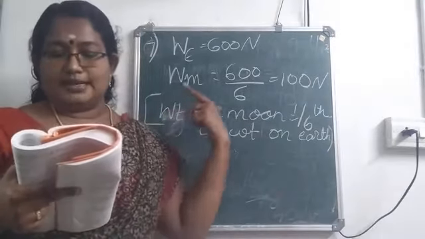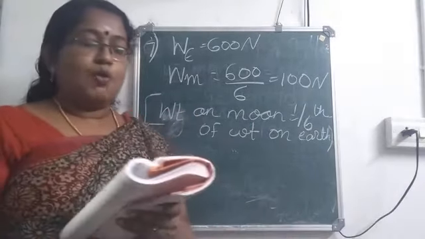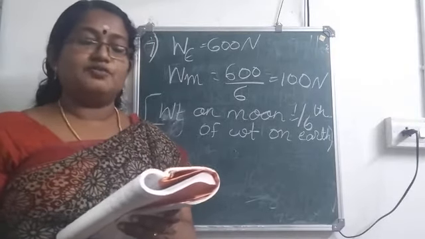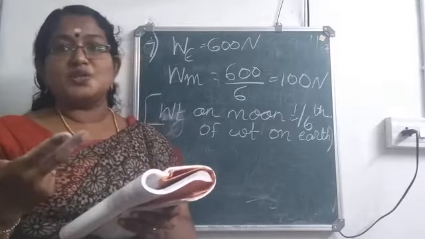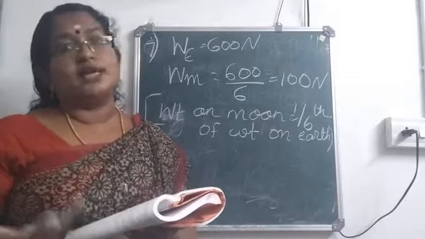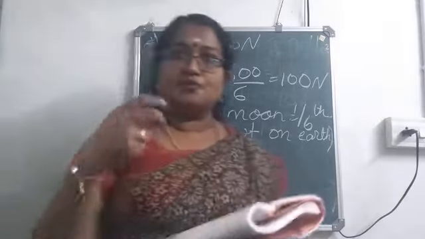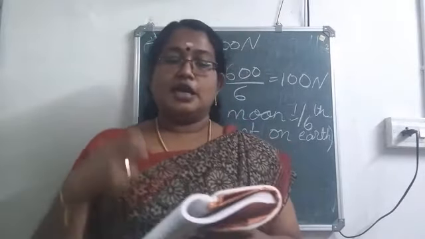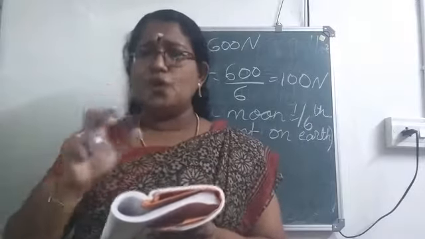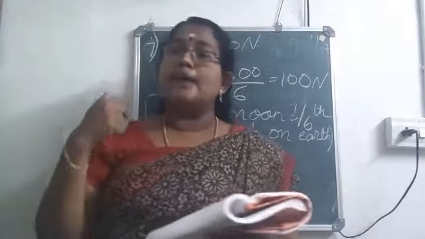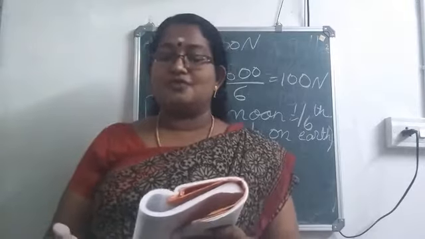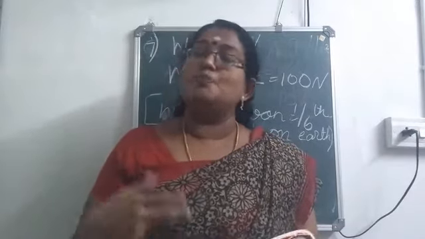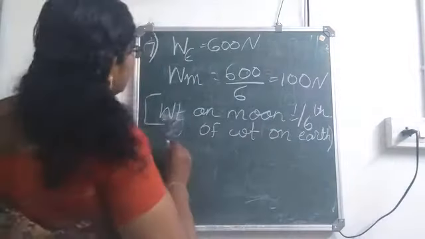Okay, now we will move to the last question. What is the force of gravity and weight of a block of mass 10.5 kilogram? So if you ask force of gravity or weight, both are same. Force of gravity means the force exerted on a body due to gravitation, due to the earth, isn't it? The force exerted on a body by earth is known as force of gravity. Weight also is the force exerted by earth on a body. So both are same.